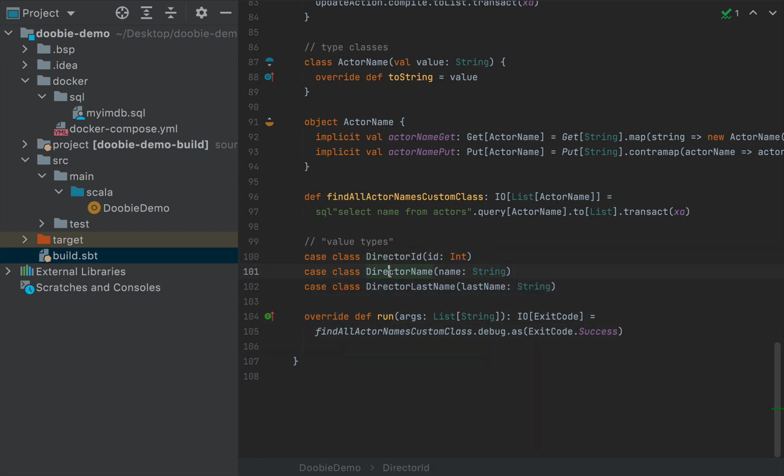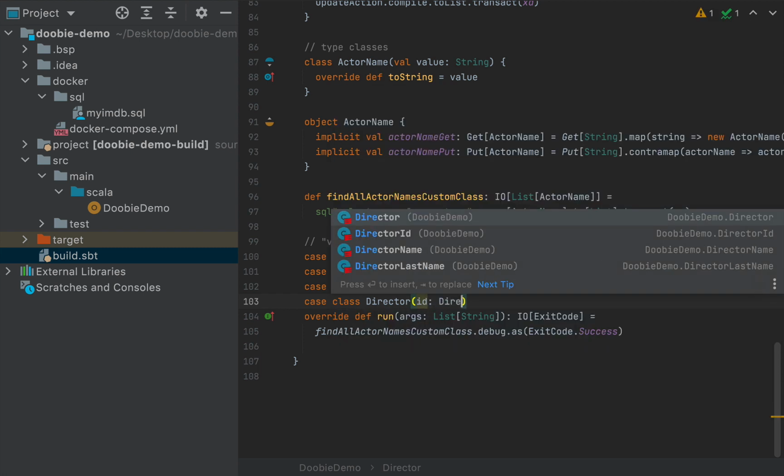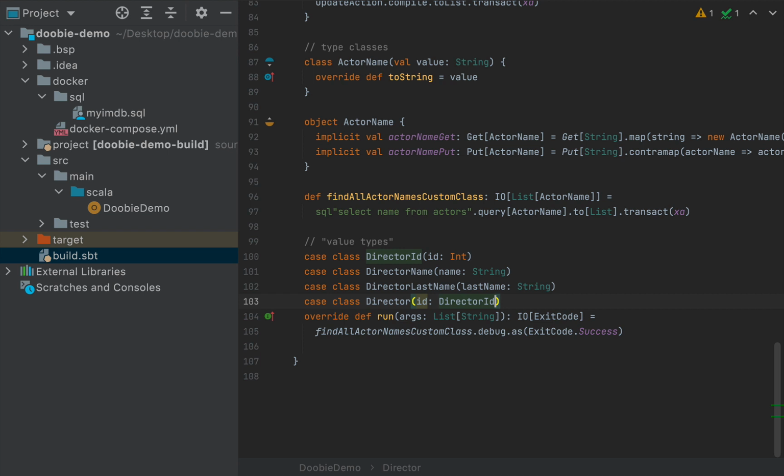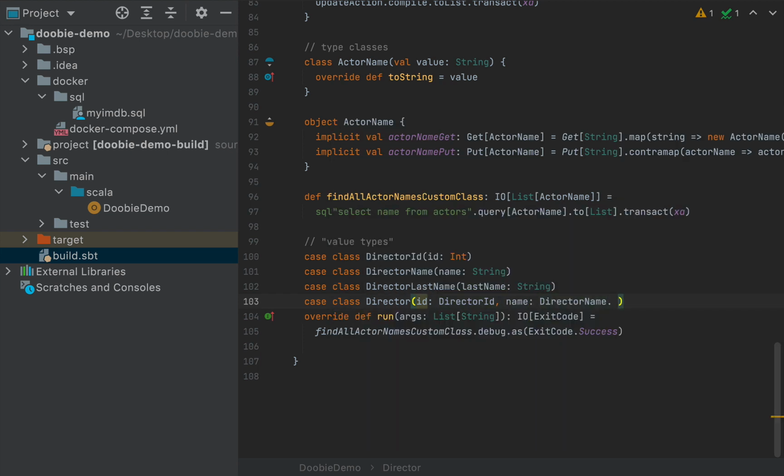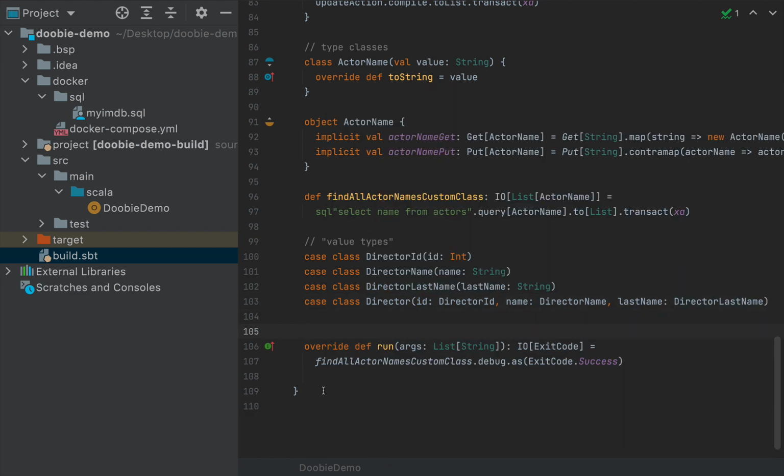We have director ID, director name, and director last name. And I'm going to define a case class. I'm going to call this Director, of course, which will have an ID, which is of type DirectorID. We have a name, which is of type DirectorName, and last name, which is DirectorLastName. Cool. Now, if you want this Director case class to be supported by Doobie automatically, where the fields are themselves